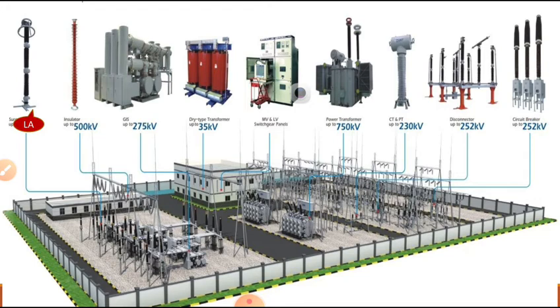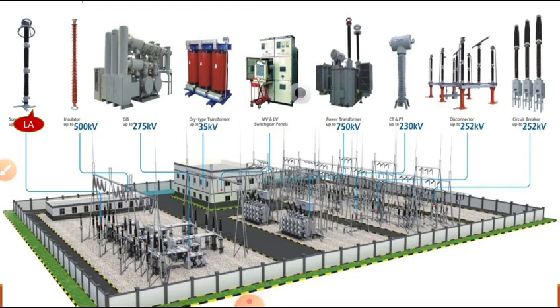What is the purpose of lightning arresters? These lightning arresters act as a very good insulator for our normal frequency and normal voltage values. Whenever a surge discharges on the transmission lines and tries to enter our costly transformer equipment, before that the lightning arrester acts as a good conductor. That means whatever high voltage, high frequency comes in the line towards the transformer, before that it will simply be discharged to the ground through the lightning arresters.